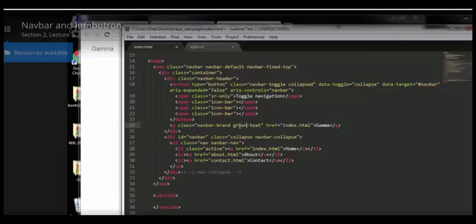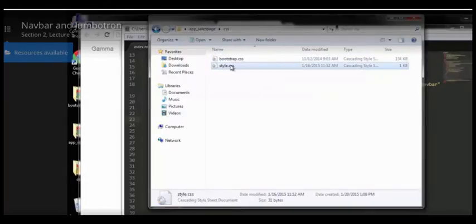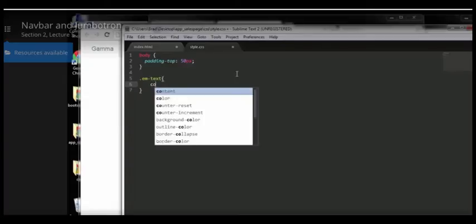So I'm going to use the class mText for emphasis. Okay, so what we'll do is open up the style CSS, which should only have the padding top to take up the space for the nav bar. Alright, so let's add a class here called mText, and then the color,